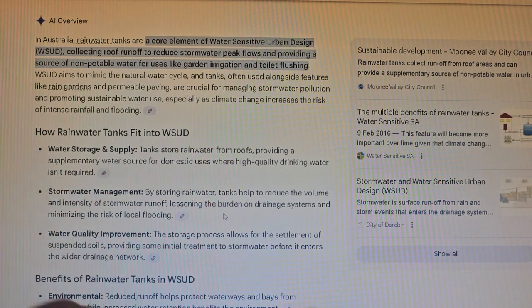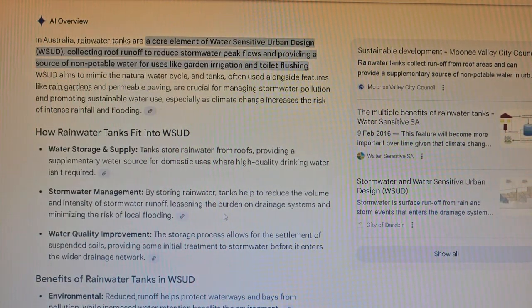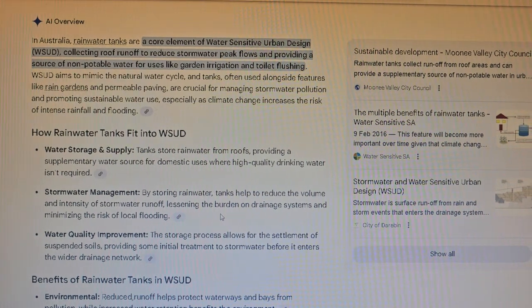Rainwater tanks. Even Google knows that rainwater tanks are a core element of WSUD in Australia. But how many people know how to calculate the demand on a rainwater tank in order to figure out how big the tank should be, what the performance will be? Typically,